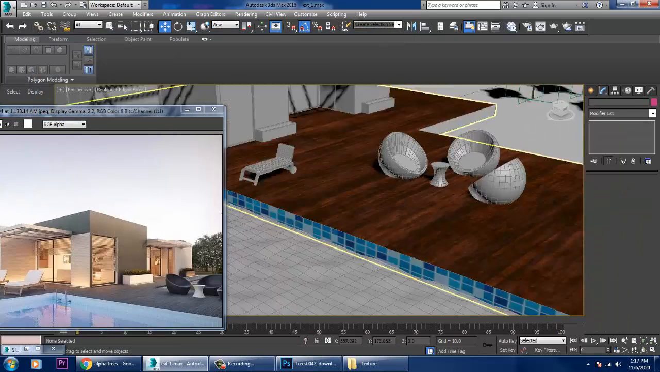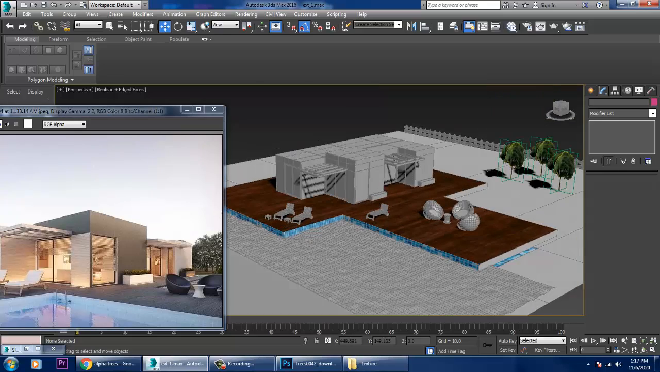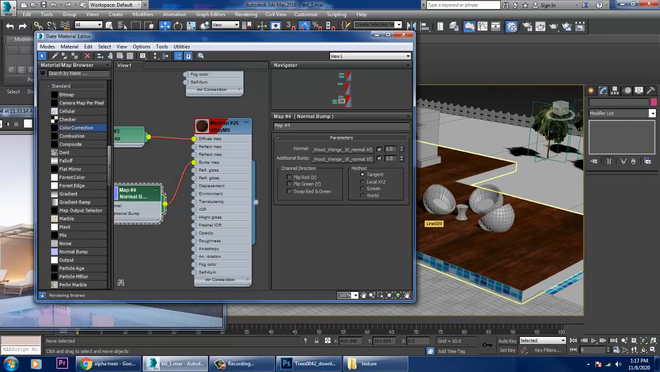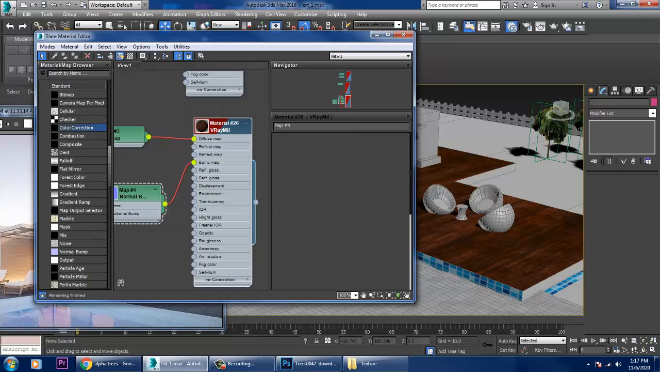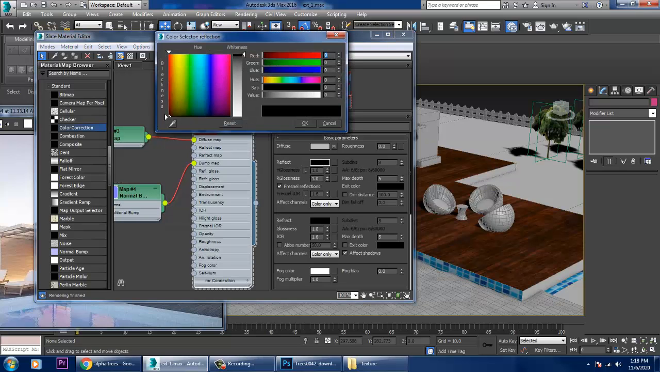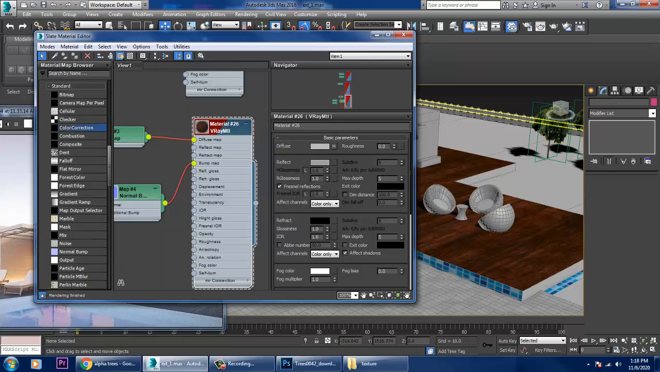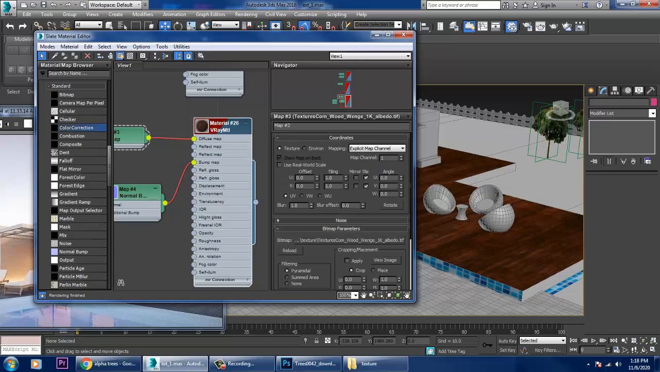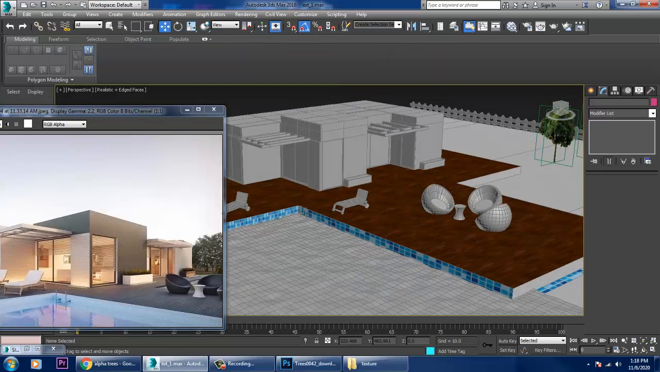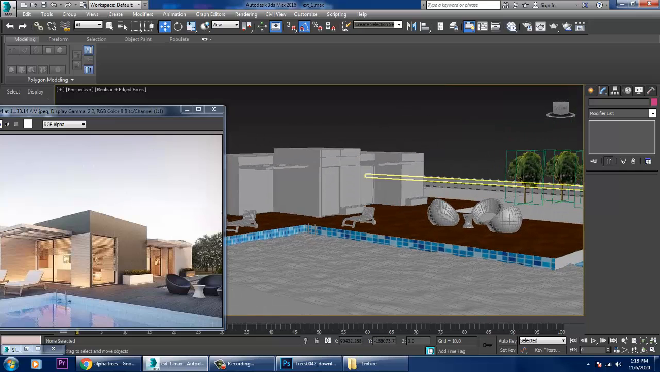So you can go into the material again and you can just give a bit more reflection to it. And if you require to give more tiles, you can give more tiles also over here. That's not a problem. That can be done over here